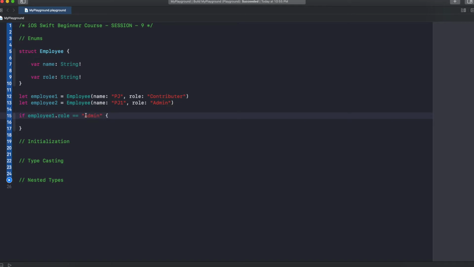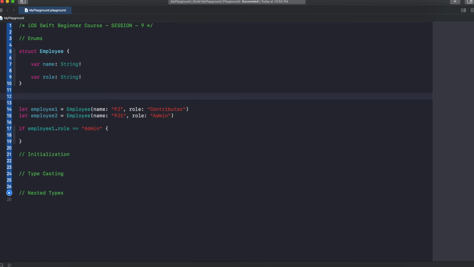Everywhere you have to go and put hard-coded strings like admin here and there, right? To avoid that, you can have something like an admin role constant, and then you can pass it here like this.